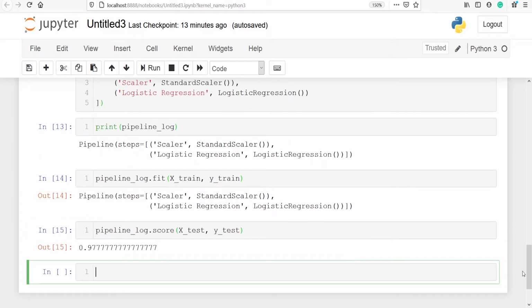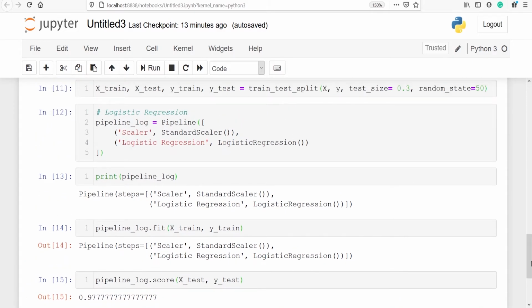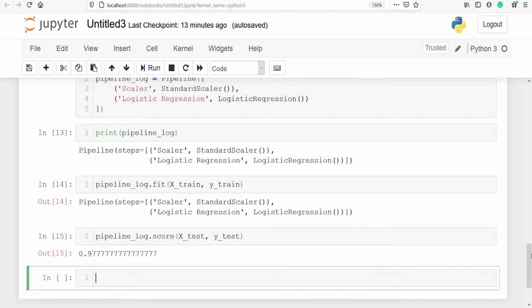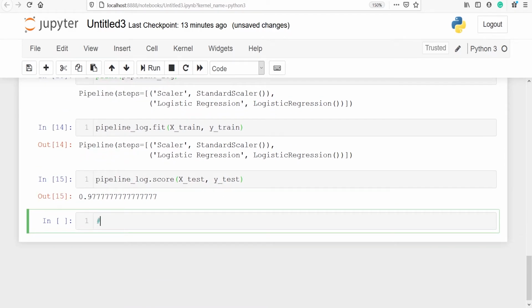This is the benefit of using pipeline. When you use pipeline, you can apply all the transformations inside your pipeline. That is, we have applied standard scaler as well as the logistic regression algorithm inside this pipeline. Otherwise, we would have to apply the standard scaler separately and logistic regression separately. So this is the benefit. That's why people use pipeline while developing machine learning models. We can also develop pipeline for decision tree and random forest. Now I'll make one for decision tree.